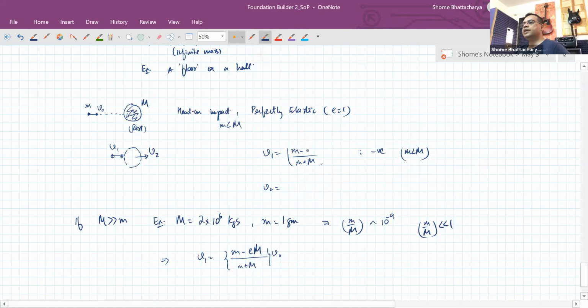So this becomes (m1 minus m2) upon (m1 plus m2). And this becomes 2 times m1 upon (m1 plus m2). So on this, when we apply the approximation,